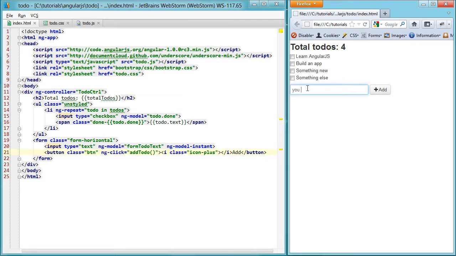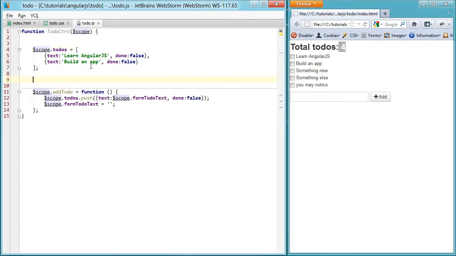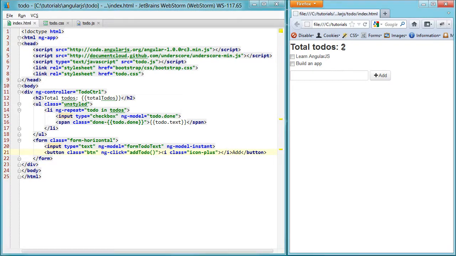One thing you may notice is that this isn't updating simply because we assigned it 4. And what we want to do here is assign it to the length of the todos array. So if you do something like todos.length, sorry, that was completely wrong. totalTodos is todos.length. And we go in and we refresh from here, you'll see it is properly set to 2 because there's 2 items in our list. But if I add another one, you'll see it's not updating,